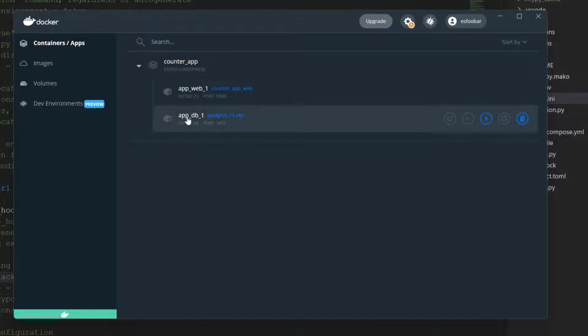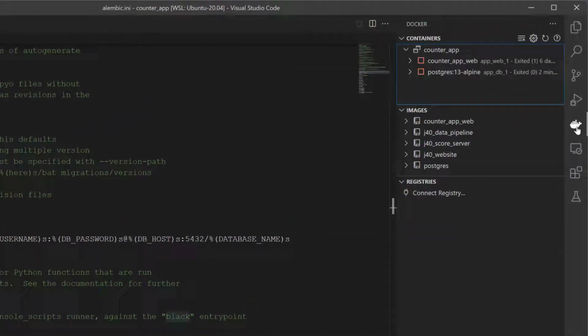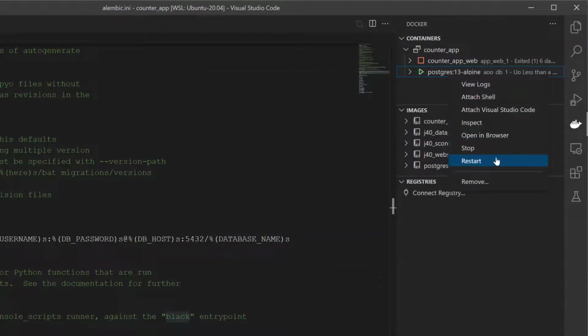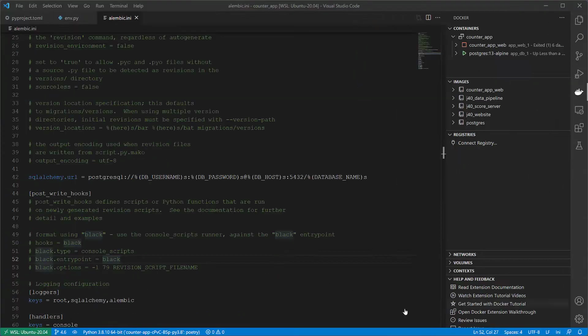If it isn't, just type docker compose up, or start it from the Docker desktop application or from VS Code's Docker extension. So now we're ready to create our first migration commit. For that, just type